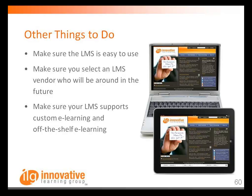Another source of problems could be that you build that relationship with the LMS vendor, and they go out of business. So what I would say is you've got to look at a lot of different factors to determine whether the LMS vendor is going to be around for you in the future. Things like the length of time they've been in business, their number of clients, and their similarity to your industry. But one of the things that I normally suggest is to select a vendor whose core business